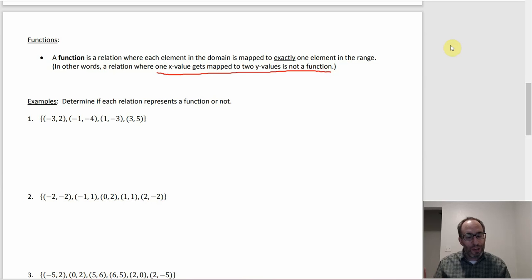So you just look to see if that's going on. If that never happens, then you're good and you've got a function. If that happens someplace, then that's a problem and you don't have a function. So if you look at the first one,